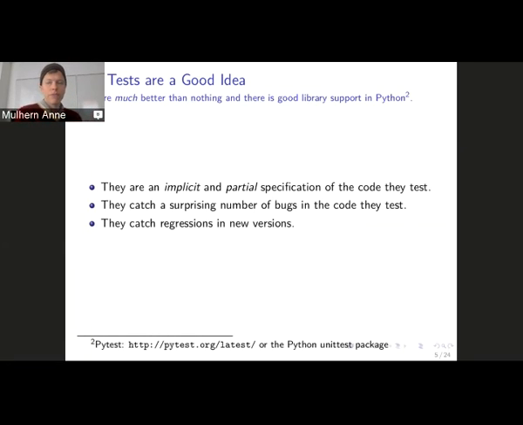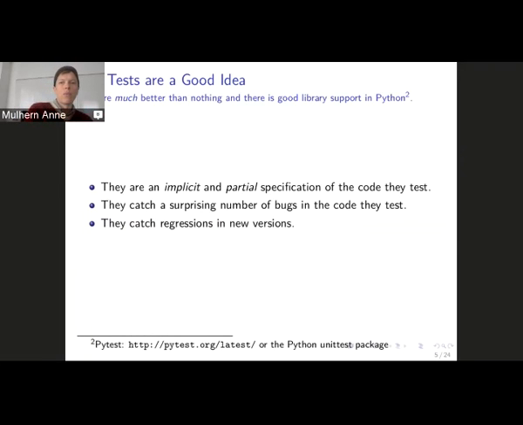They do some stuff that you want to happen, and there are libraries in Python that support it rather well. There's the unittest library that is right in Python, and there's PyTest, which is a bit more of an adventurous sort of library, less classic, and uses some more reflection and so forth. But they both have their good points, and it's really good support.